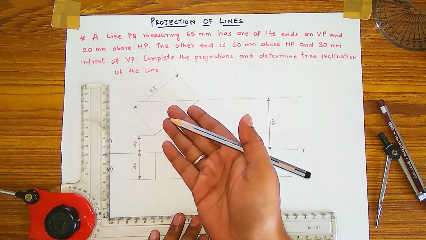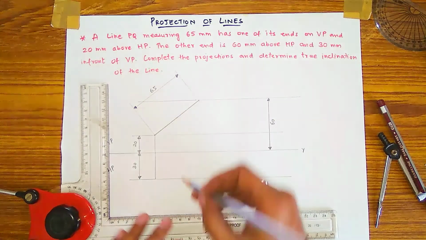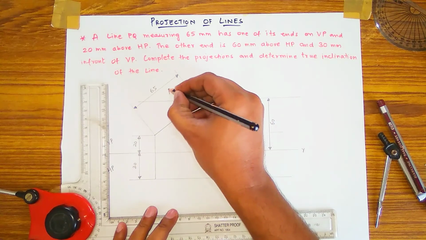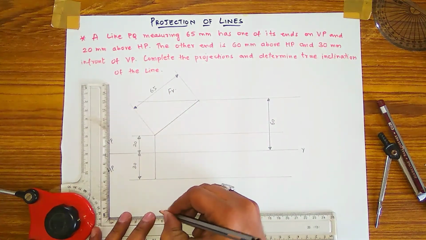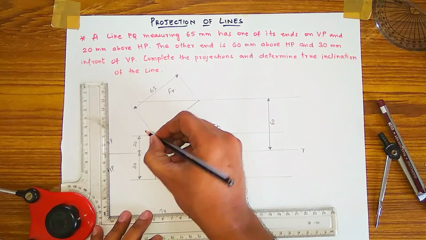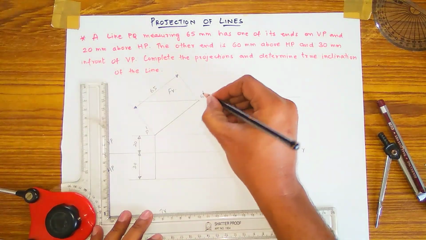Now according to the question we have done almost the whole question, but remaining, here also you will have one more front view line, and two more lines here in the top view. This will be the front view and here you will have the top view. This line labeling will be as said in the question: PQ, P dash, and this will be Q dash.